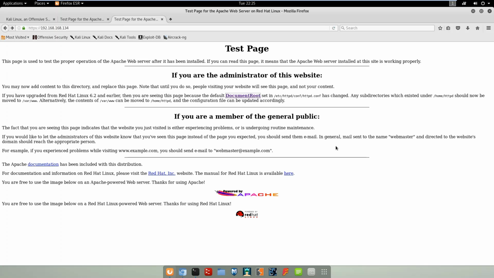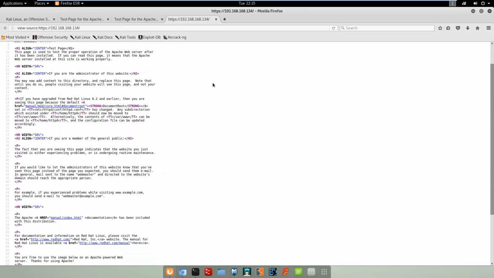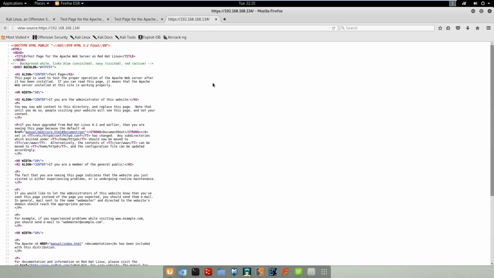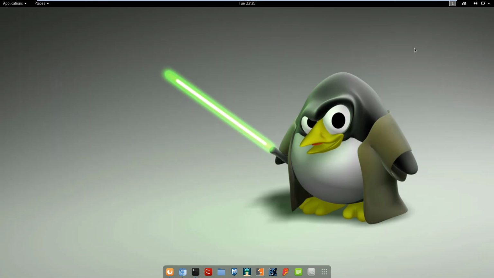Again, nothing really interesting here. Just check the page sources just to be sure. So far we have 2 default pages on the Apache web server. That being said, we can now move on, close the browser,